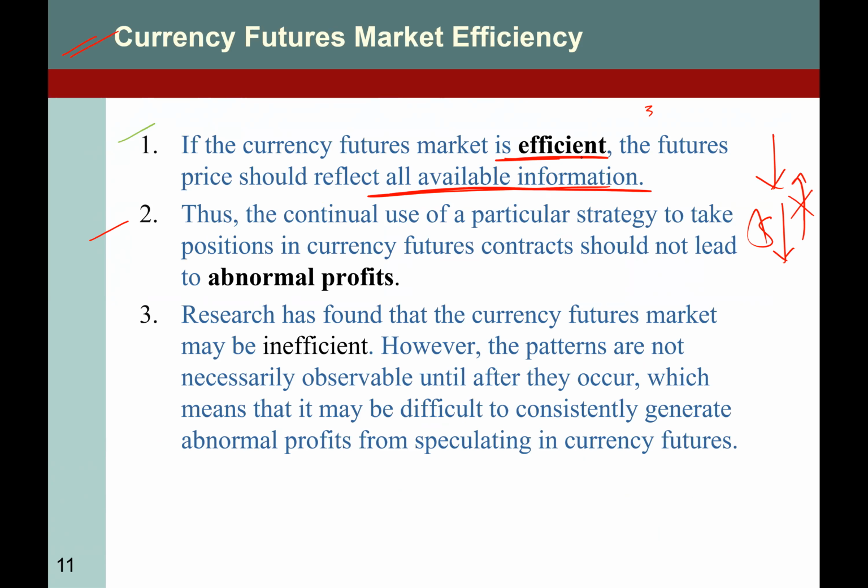So efficiency means all the participants have the same information. So in the futures market, for example, if the dollar rate is 7 yuan per dollar, it will be the same, and everybody expects that it will be the same. Why? Because everyone has the same information. So it means the continual use of a particular strategy to take positions in currency futures contracts should not lead to abnormal profit,